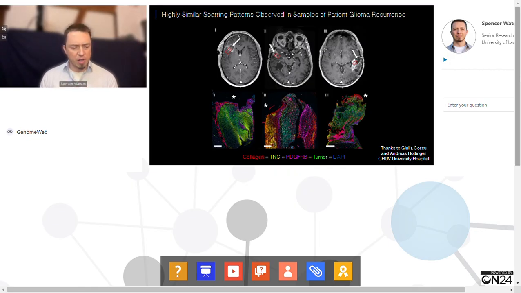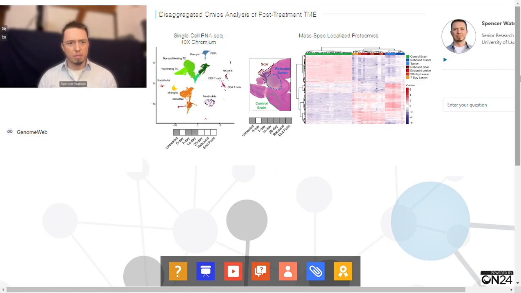So we wanted to try to investigate how these scars were forming and what they were comprised of in terms of cells and protein. And so to try to get at some of the temporal nature of this, we used several different omic approaches on various different time points. So the key in the bottom here shows which time points we used each of these modalities on. So what we first did was single-cell RNA-seq on untreated samples and samples from 7 days and 14 days of